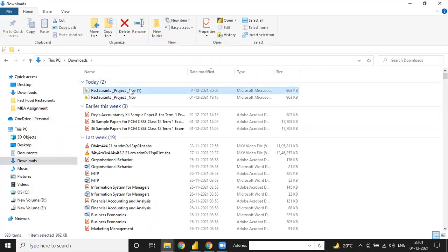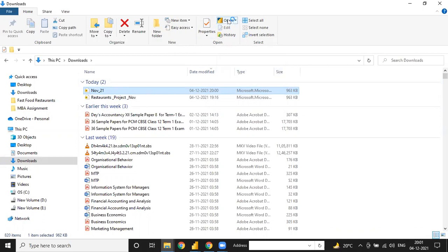Then go to the downloaded file. You can double click on this file, not go to Power BI and import that file into Power BI. Just double click on this file and it will open. Suppose I change the name here to November 21. Either you can double click on this or you can click, and here is the open button.